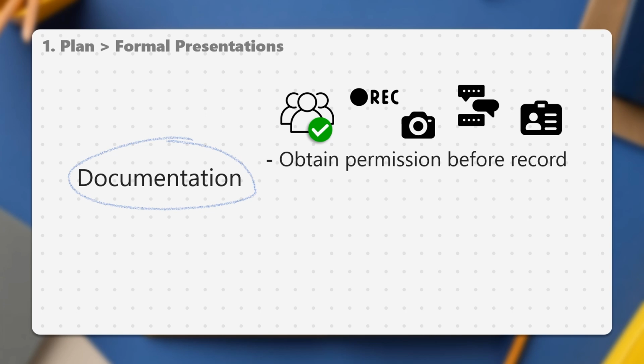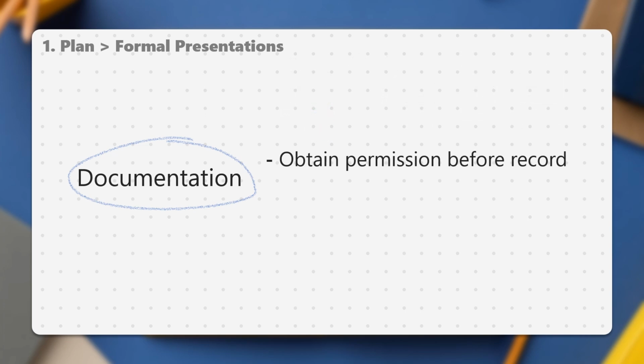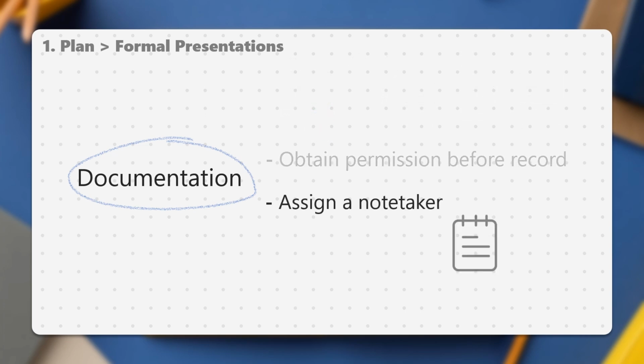Additionally, if any public officials or government employees will be in attendance, be aware of any requirements for recording them. If you plan to use work products that have someone's name on them, make sure to obtain their permission as well. Assigning a note taker can also help capture important points. During the presentation, the note taker can also assist with recording questions and comments from the audience.